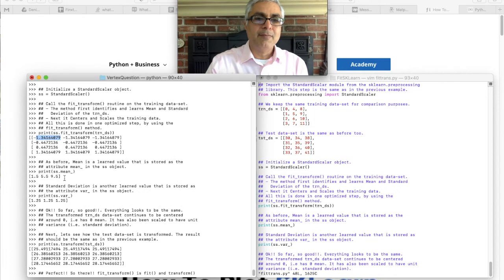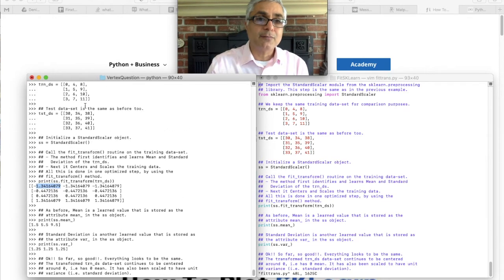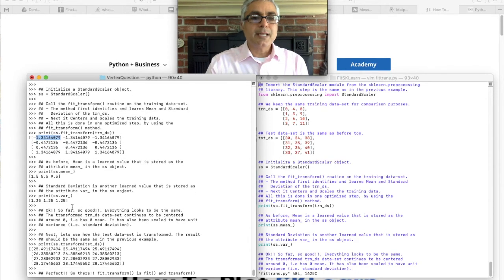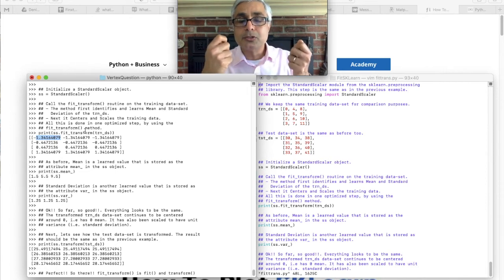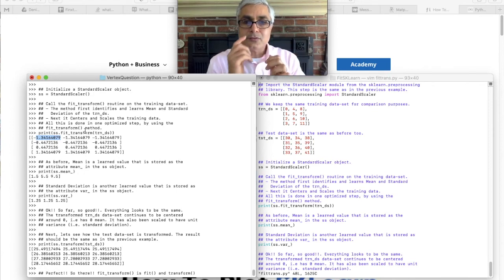So again, we see what the mean is. It's the same thing as before, 1.5, 5.5, 9.5. What is the standard deviation of the original data? It is 1.25. So fit_transform is used on the training data set. It does the same thing as before, when we did fit and transform separately.